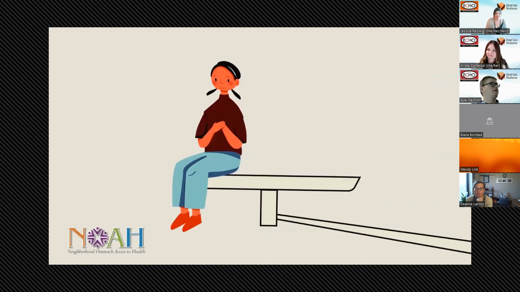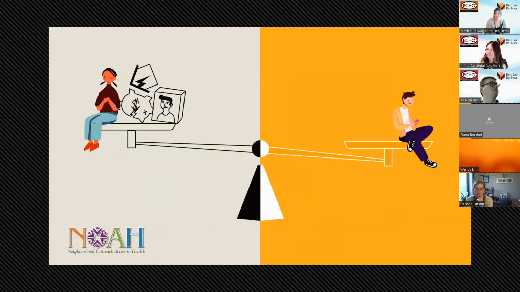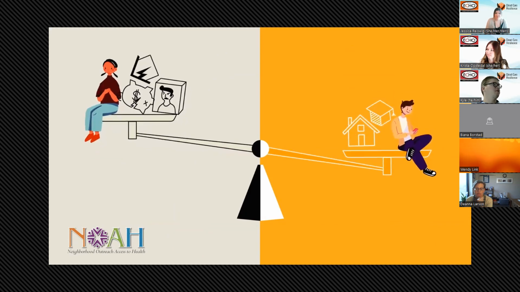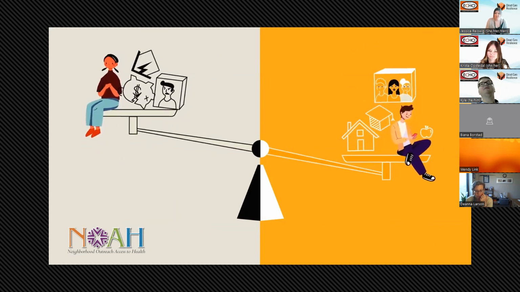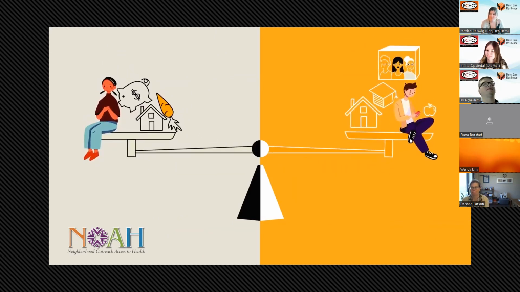When any one of the SDOH elements exist in a person's life, it also impacts their position within the scale of equity. Equity in health means removing the barriers that contribute to an individual not being healthy. Some people may already live in safe environments, with quality educational opportunities, with easy access to affordable nutrition, and a strong social support system. However, to arrive at that equal opportunity, other individuals will need support. Finding safe housing, securing stable employment, or access to quality food to meet nutritional needs. Addressing the issues of SDOH brings the individuals within our community to a level of equality.